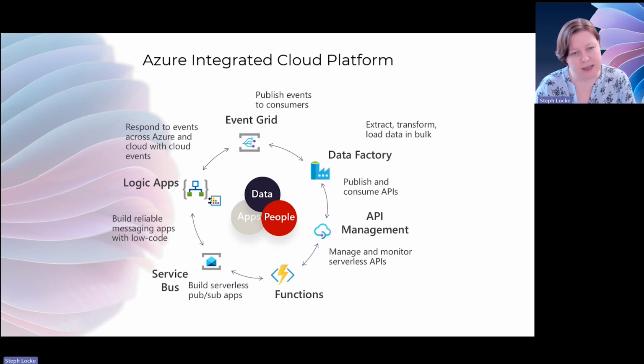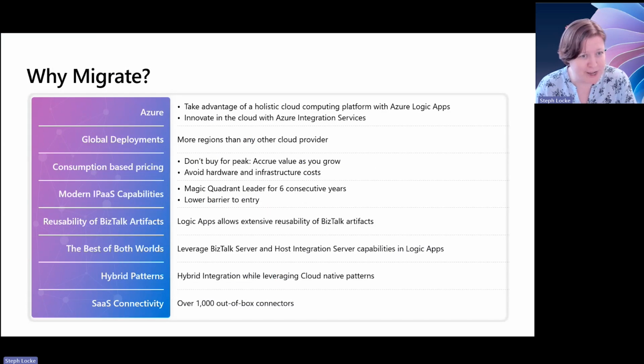So we have a compelling toolbox that you'll be able to use when you move to the cloud. So just wrapping up for me before I hand over to Mark, it's worth migrating because you might already be running in the cloud. We could already see that 55% of the attendees were already either running BizTalk in the cloud or running hybrid. So you can continue consolidating your gains.